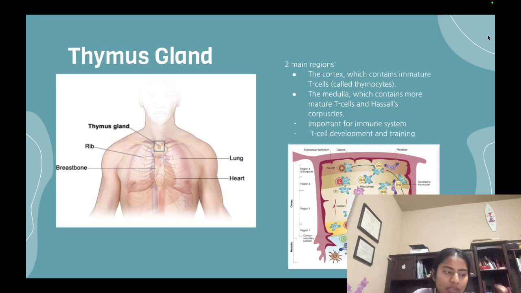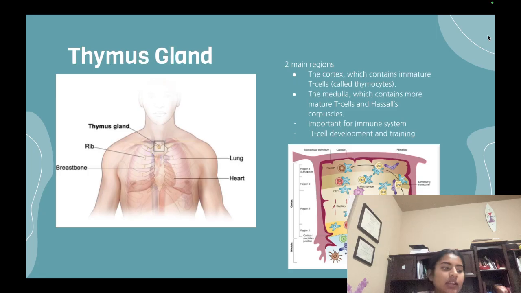And then we have the medulla. The second region is the medulla, which contains more mature T cells and has Hassall's corpuscles as well. T cells here are the ones that will undergo final maturation. So the types of cells in the medulla include medullary thymocytes, which are more mature T cells, and then medullary thymic epithelial cells as well. Dendritic cells and Hassall's